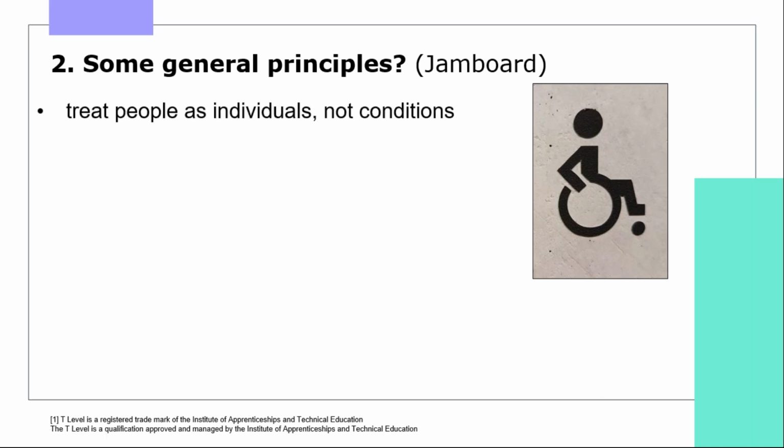So the first of our ideas relates to treating people as individuals and not conditions. Don't generalise or stereotype students thinking you already know their needs, as each individual will have differing needs. Good practice would be to avoid using an adjective as a noun to describe someone. So what I mean by that is people shouldn't be described as dyslexic or disabled. They have dyslexia or are a disabled person. Small things like this can really make a big difference,